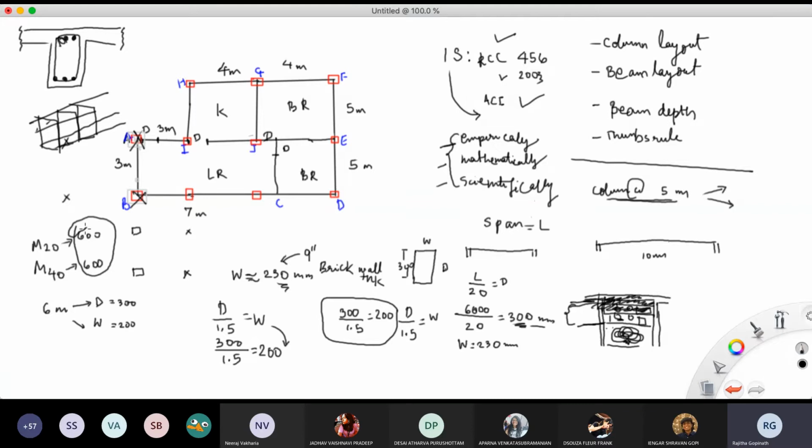If it feels very drastic to take span by 20, take span by 18, span by 15 or something like that. But for a beam that is only 5 meters you don't need to show a 500 deep beam. You can take a much lesser depth beam and justify it by saying that you are using high quality concrete. If you're using high quality concrete, why will the depth not go down, right? Tanvi, Ambika, Shravan, am I making sense?